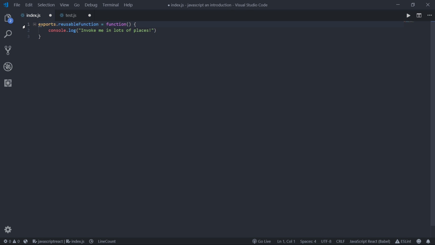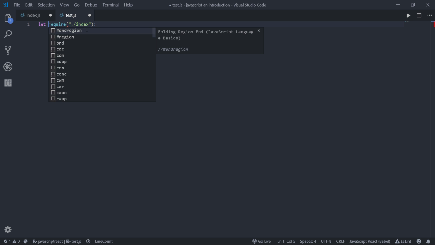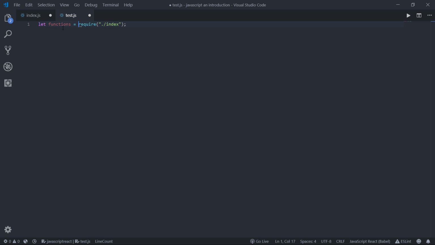I want to be able to call this function inside of here whenever I want. So we need to set this equal to a variable. So let's say we'll call this functions. So now we have this variable that stores everything that's exported from this file. So before, when we had the variable, that would also be stored in this functions variable. And then we call that function by calling the functions variable that we just created, and then using the dot notation, we'll access the reusable function like so. And then if I run this code, you'll see I get